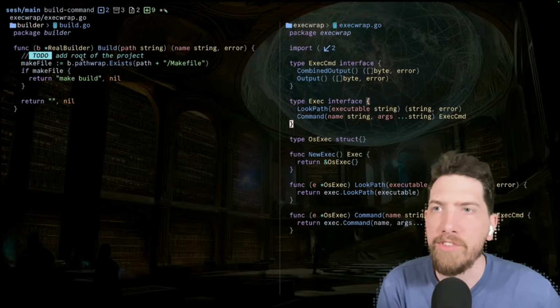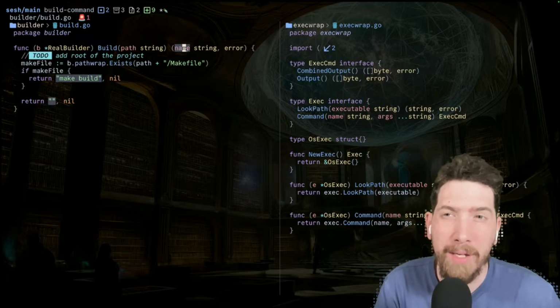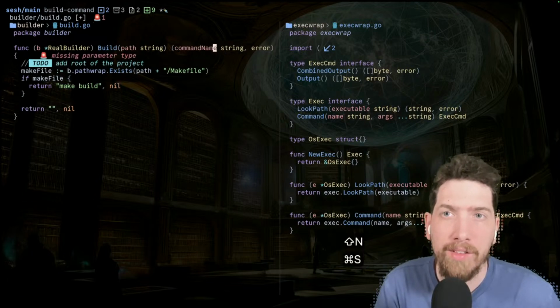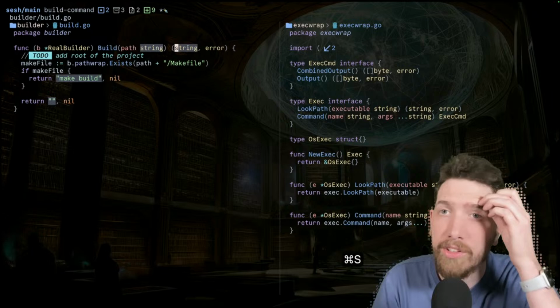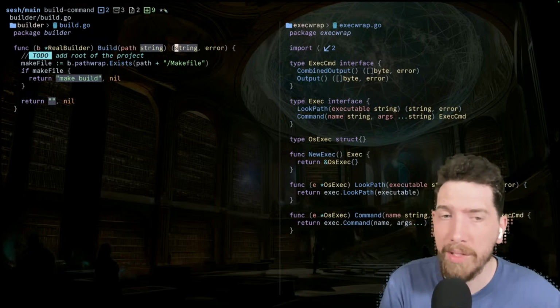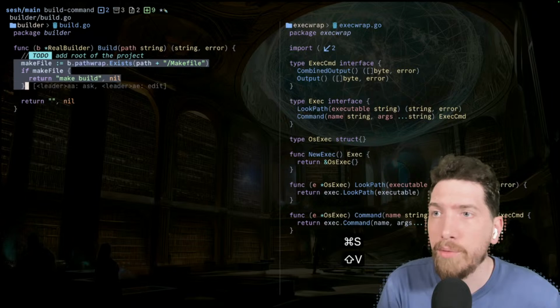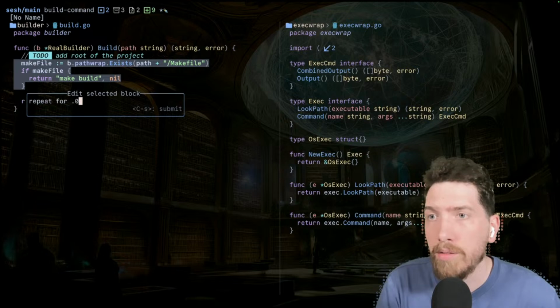All right, so we're going to stick to this. This is going to be the command name. Oh, I see. We're just going to say string, error. So the string is the command. And we could repeat this for npm, package.lock